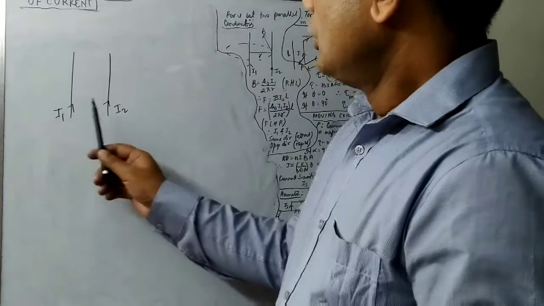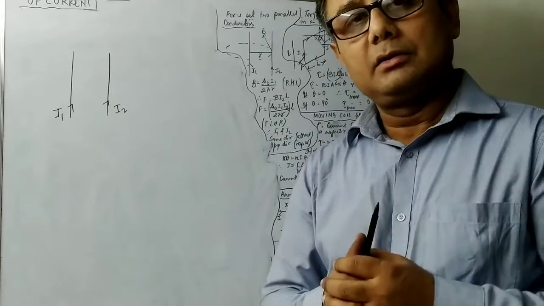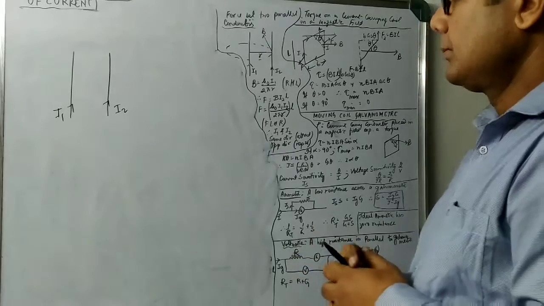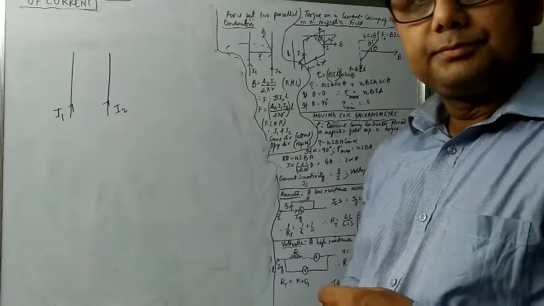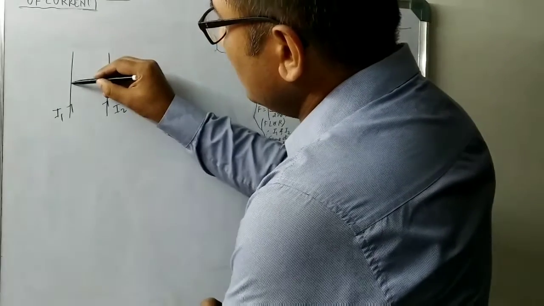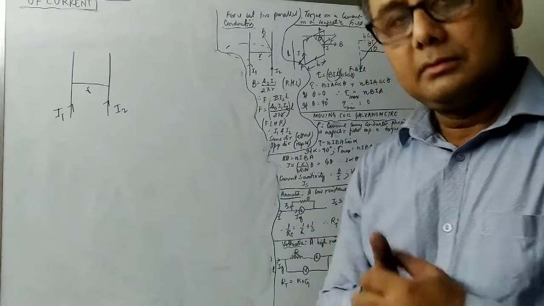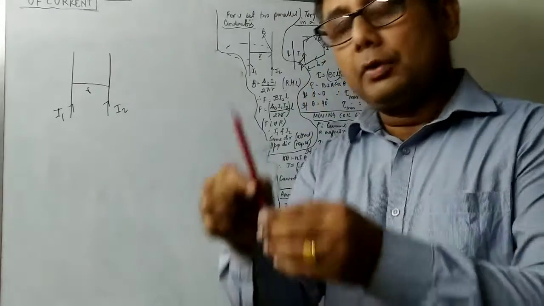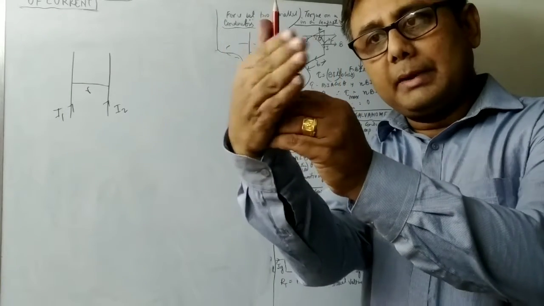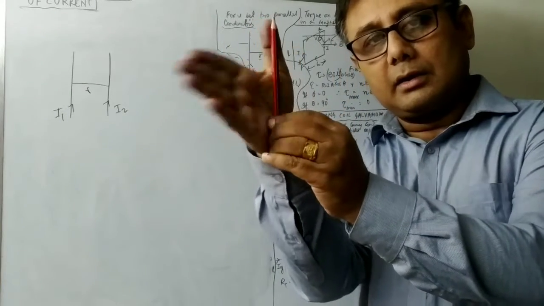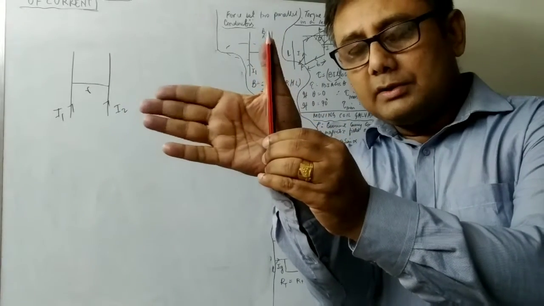Okay guys. So we want to find out what is the force acting between the two conductors which are carrying current. So watch here. If a current is flowing through the conductor, I want to find out at a distance of r what is the magnetic field due to the current flowing through the conductor. This is the current flowing through the conductor. There is a magnetic field acting around the conductor. So this is the distance r. So at a distance r, what is the magnetic field?